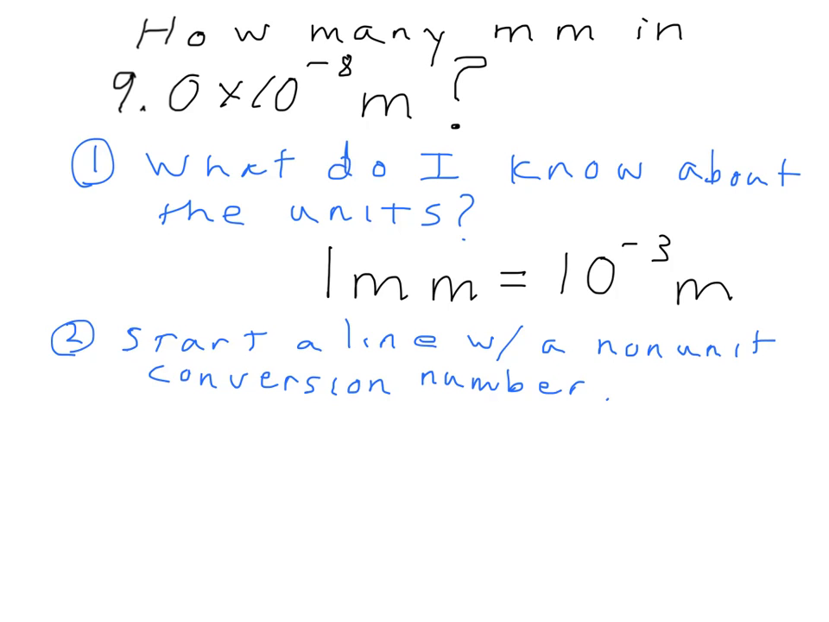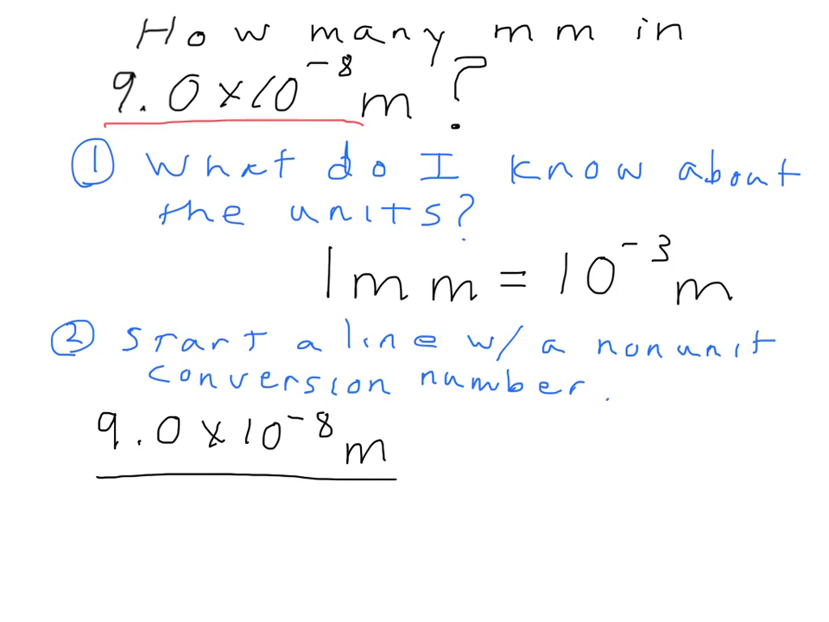One of the great things about chemistry is most of the time when you work a problem, they're going to throw a whole ton of numbers at you. But a lot of those numbers will actually be unit conversions they're giving to you in the problem. So identify a number in the problem that's not a unit conversion. Well, there's only one number in this problem, so it's really easy to know what number I'm going to start my line with. So what I mean by start my line is I'm going to write 9.0 times 10 to the negative 8th meters. I'm going to draw a line underneath it